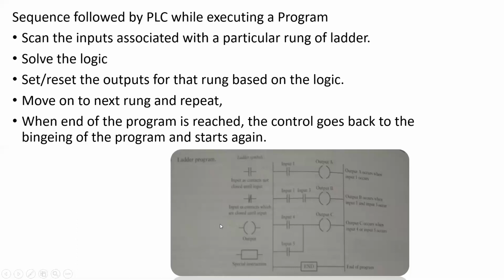So this is how the controller goes through the program, and we know that in the meanwhile the status of inputs might be changing from low to high or high to low. For example, if there is a limit switch and an object comes in proximity of the limit switch, its state will change from low to high. So the PLC will keep scanning the states, and as soon as it sees a change of state, it will apply the logic and switch the outputs accordingly. So this is how the control of the PLC executes the program. So let's move forward.